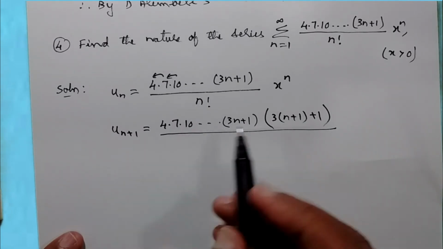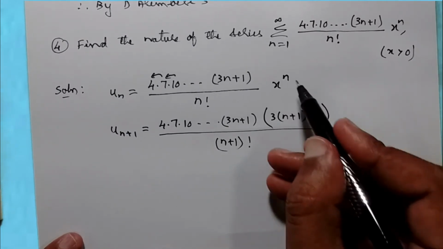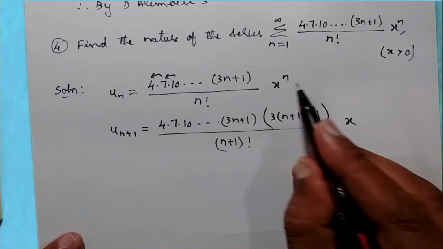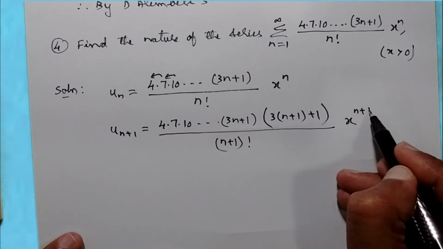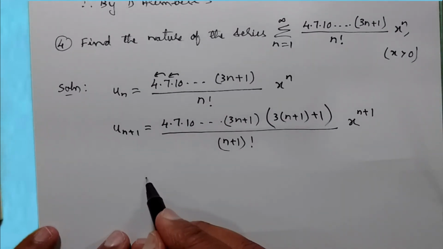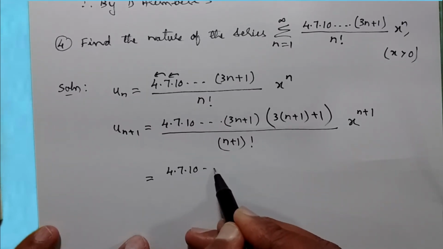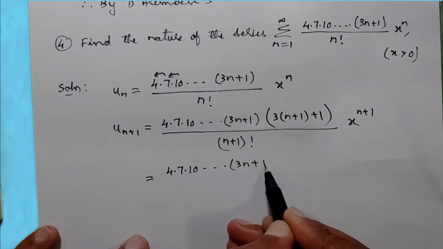You have to replace n by what? n plus 1. So it becomes (n plus 1) factorial into x power of n plus 1. n has to be replaced by n plus 1. So let us try to simplify this one, which will be equal to 4 into 7 into 10 into so on, 3n plus 1